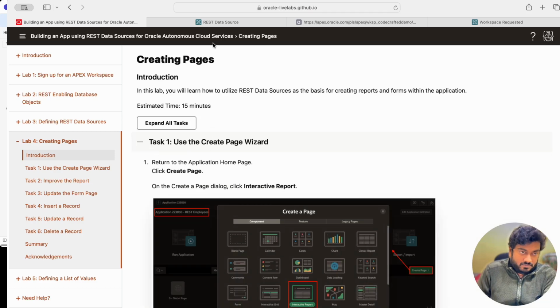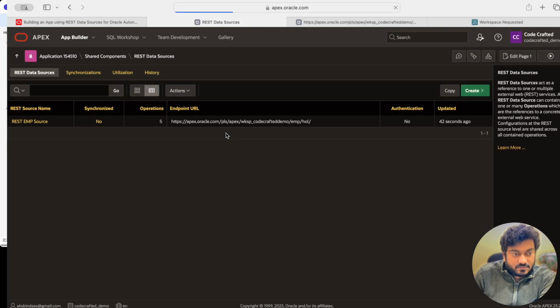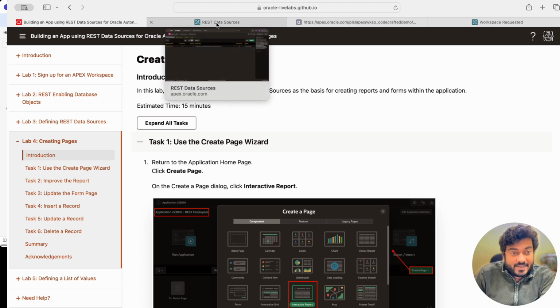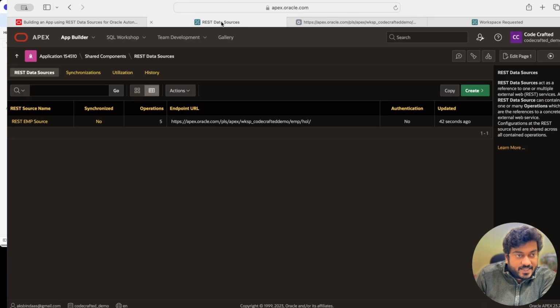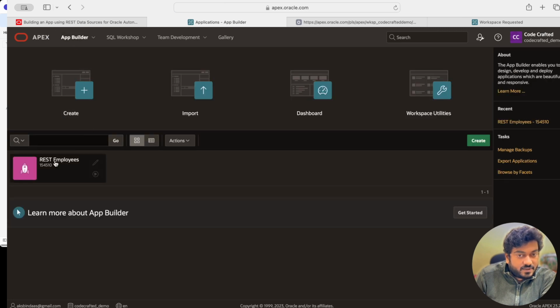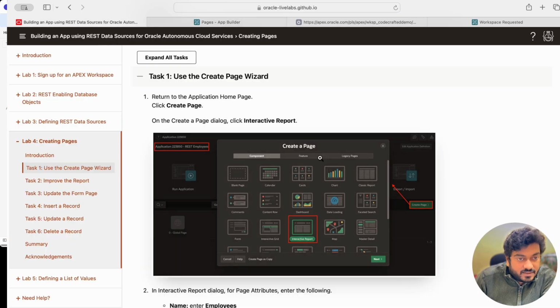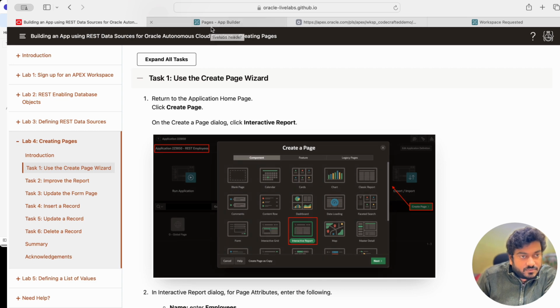Yeah, so we were able to link the applications, right? Apply changes. We need to create an app, create a page. The app is already created. We need to create a page for this. Let's dive into this application which we have, and then what it is asking for, it is asking to create a page from where